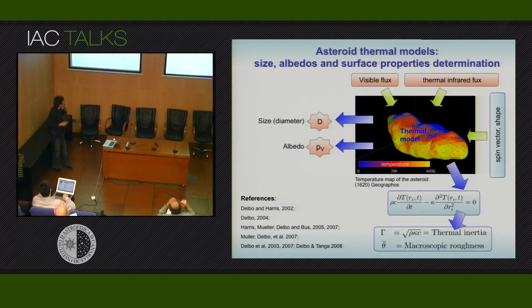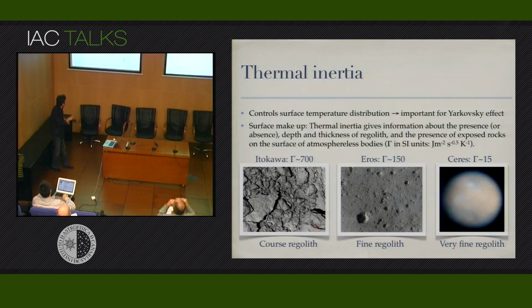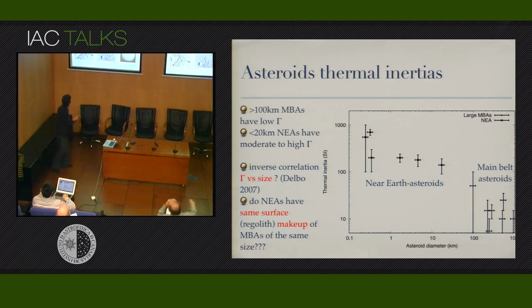From these thermal models we can derive the thermal inertia of the surface. The thermal inertia, as I said, is a very interesting indicator for the regolith, and I think I will finish showing what the thermal inertia tells us and what we need to do. So, for example, this is a plot of the thermal inertia of asteroids